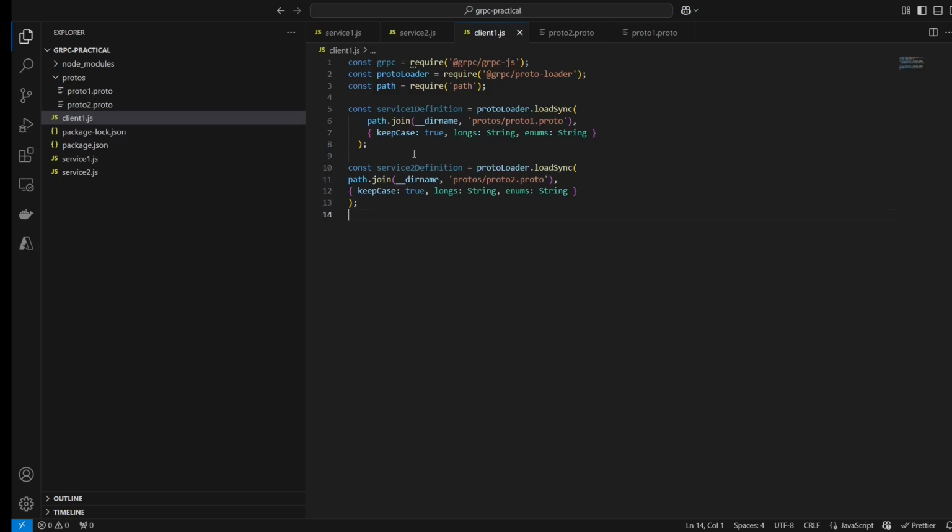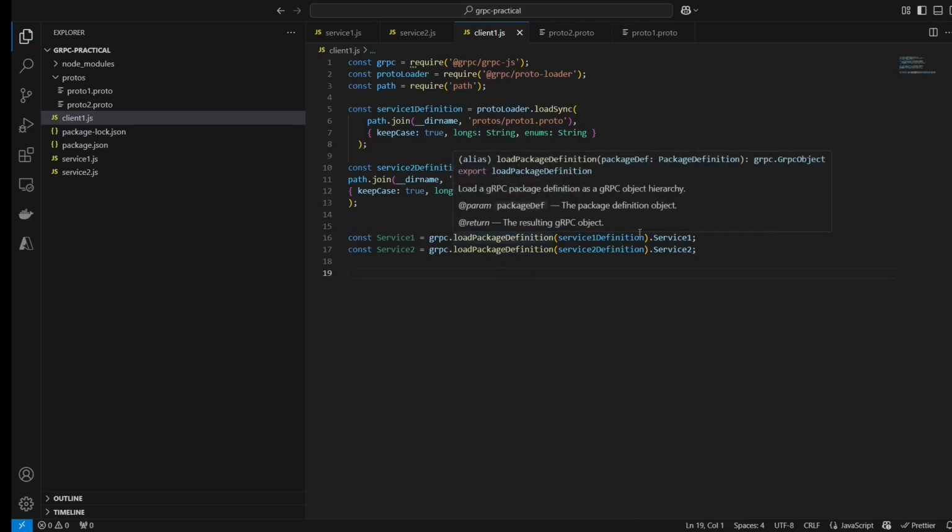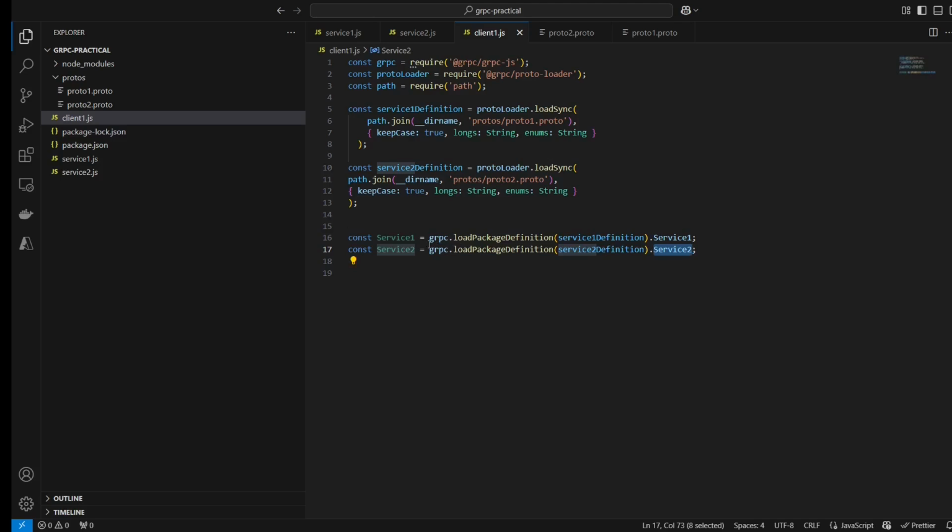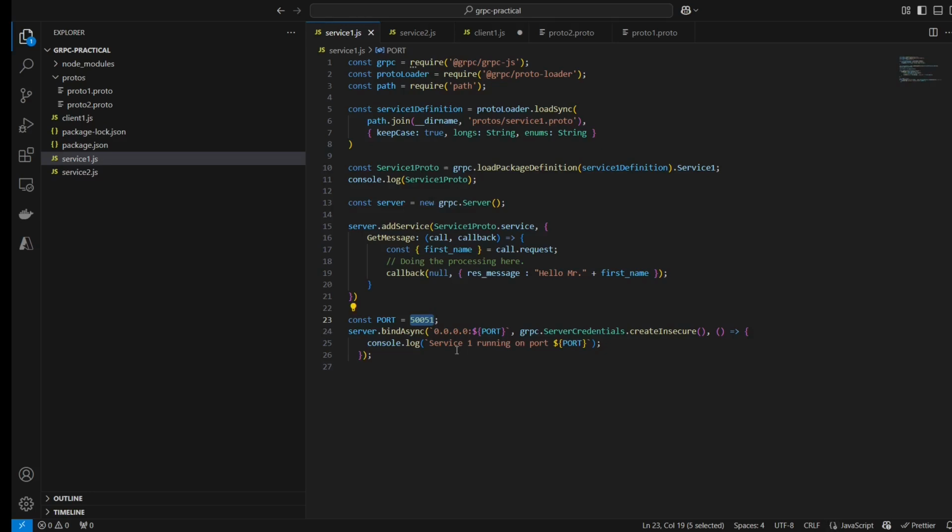So we would be defining the proto file and we would be loading the proto file using the proto loader, and the same way we would be getting the loaded package definition in order to get the object of service 1 and service 2 using gRPC. And now here we would be defining the service 1 client. We would be creating the new object like service 1, and service 1 wants the address in order to call it. So we have the service 1 binding here and we have this method.